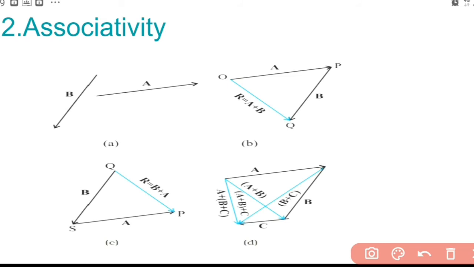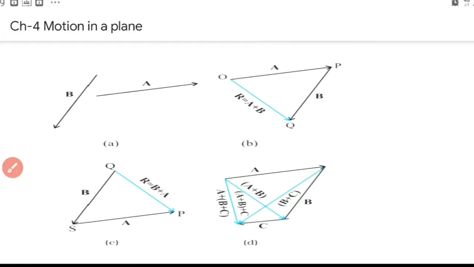So here actually we haven't taken the triangle law first, we have drawn all the vectors first. Let's see first how the vectors are drawn. You just see there are three vectors to be drawn. So how are they drawn first? That is vector A we have drawn. Then from the head of vector A we have drawn vector B. Then from the head of vector B again you have vector C. This is how we draw the three vectors.